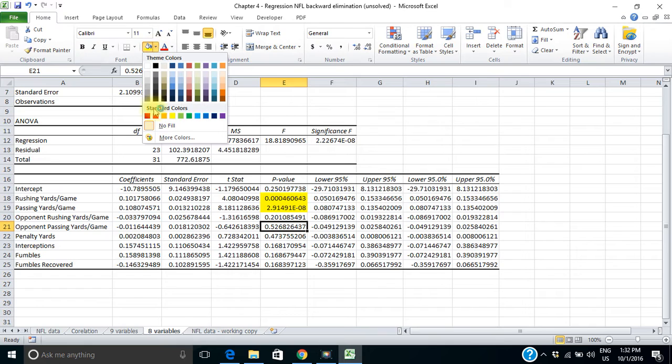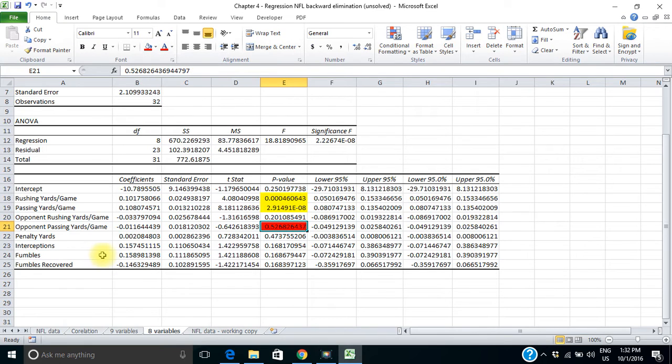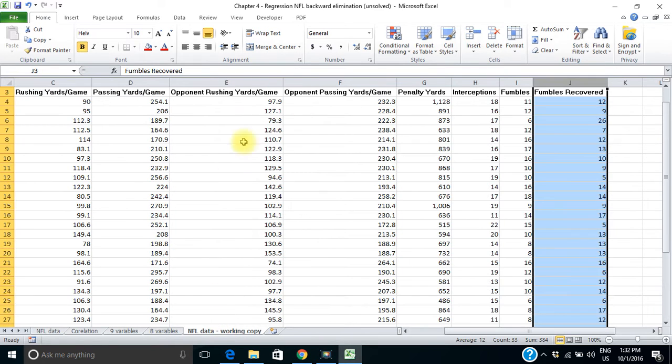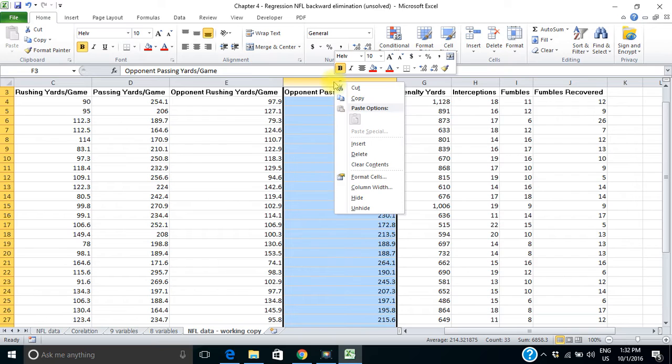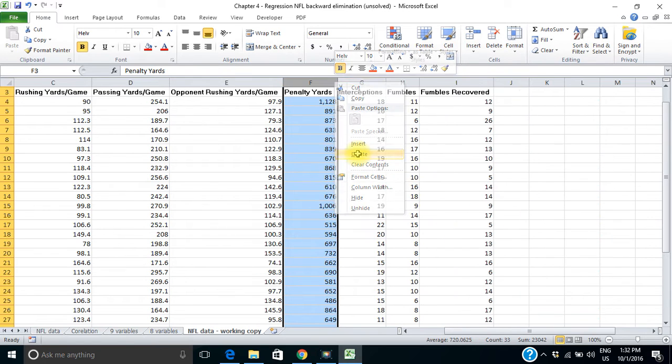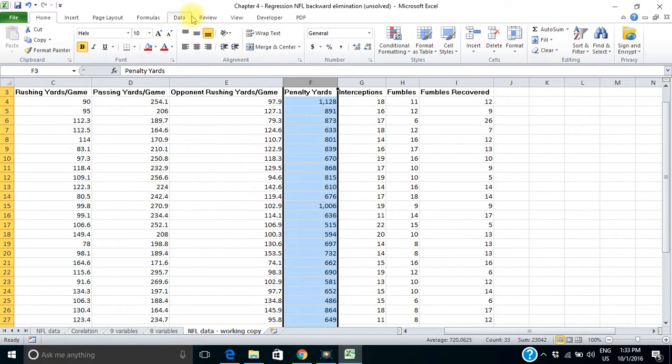So I'm going to eliminate opponent passing yards. It's having the least effect on my model, certainly not a statistically significant effect. So I go back to my working copy, eliminate opponent passing yards, delete that column, and we go through the